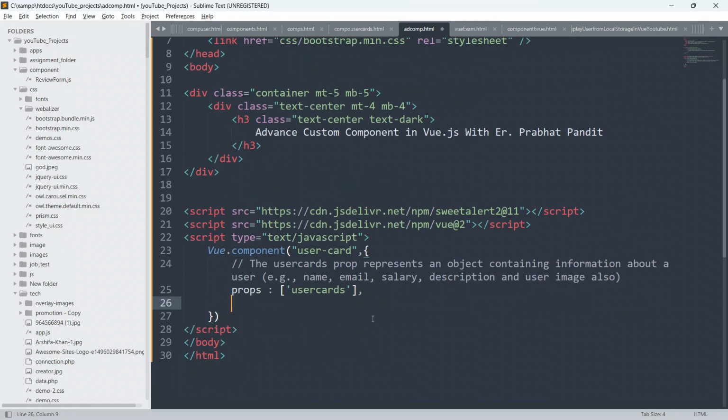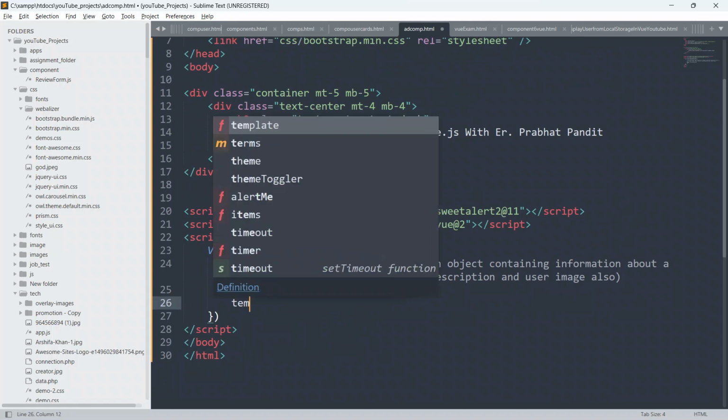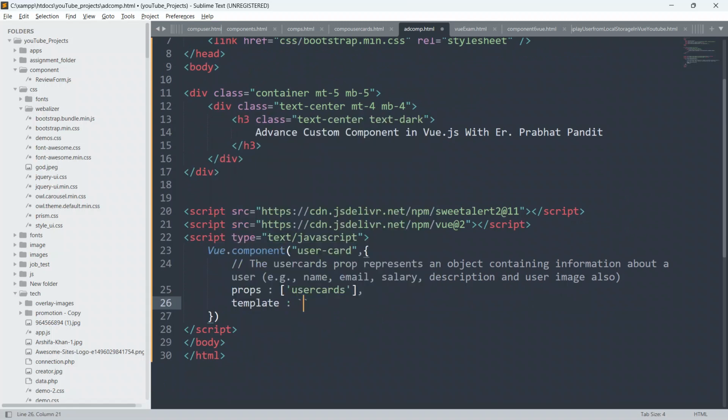So I'm going to create the template here. Write template and give colon and put backtick, and inside this you are free to write your HTML code, any kind of HTML code, any kind of HTML tag inside the template.